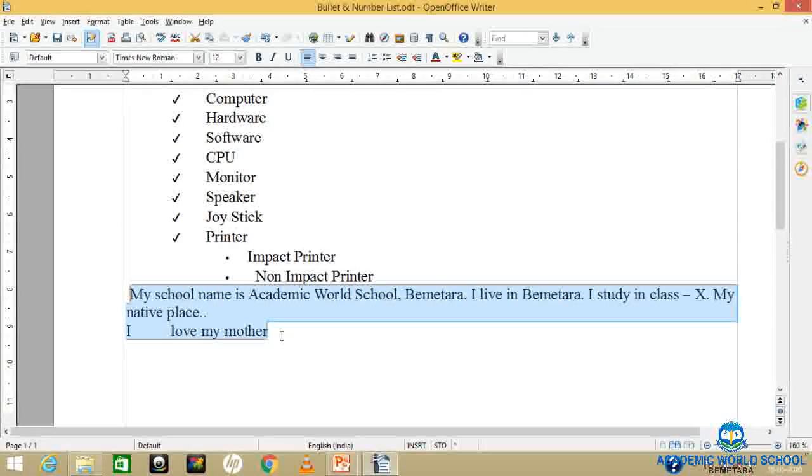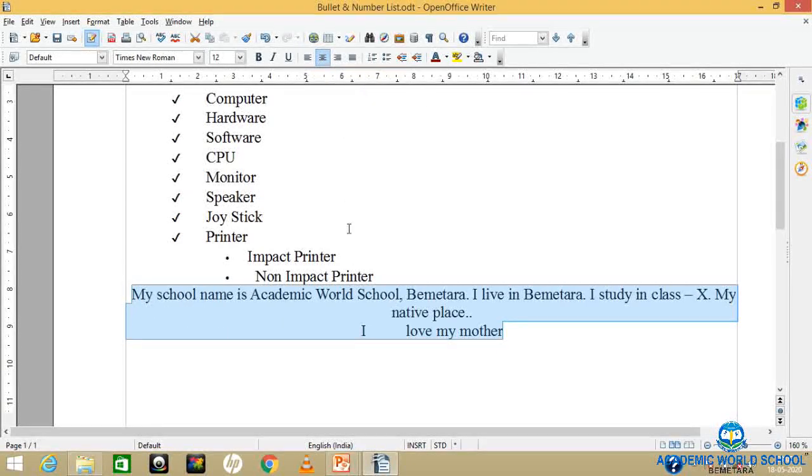So this is Control plus E. Control plus E is the shortcut key for center alignment. I would show you. Control plus L for left alignment, Control plus E for center alignment. Don't get confused between Control plus C and Control plus E.